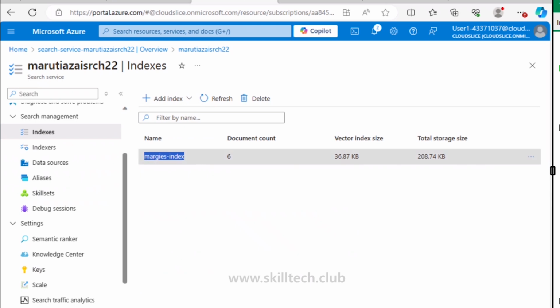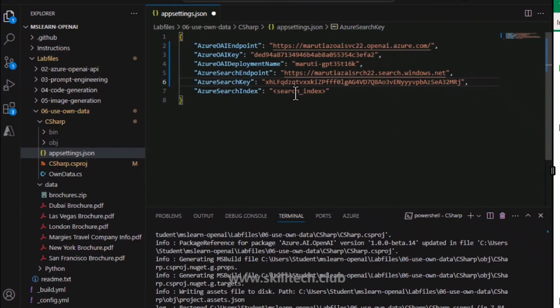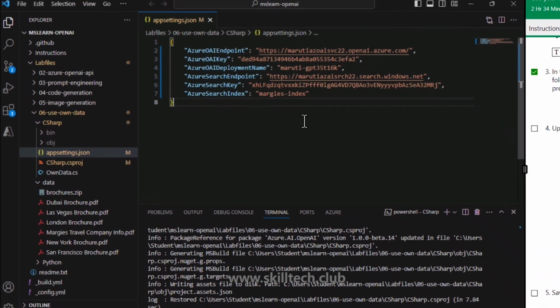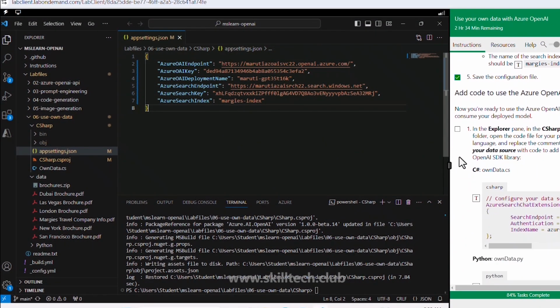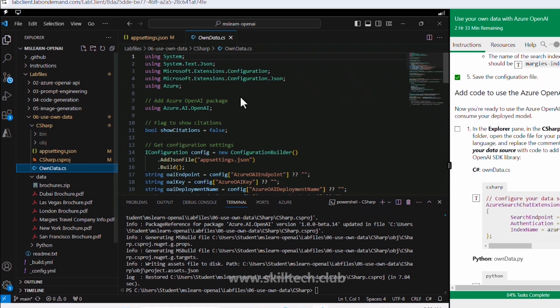Make sure when you do this, you take care of all these values properly. If you make a mistake in this, your sample application will not work. I'm saving this. All the things hopefully look fine. Let's move forward to the next thing, which is save the configuration file and then add your code to use Azure OpenAI service. So let me go to my own data.cs, which is a file having the logic